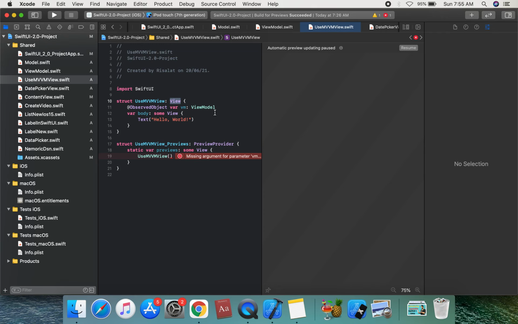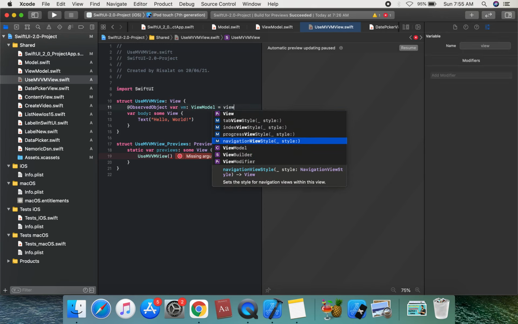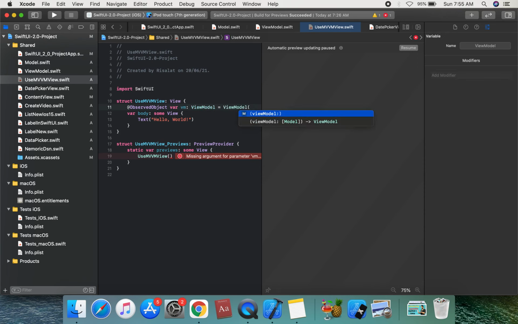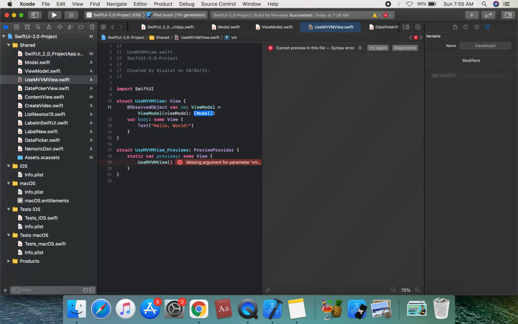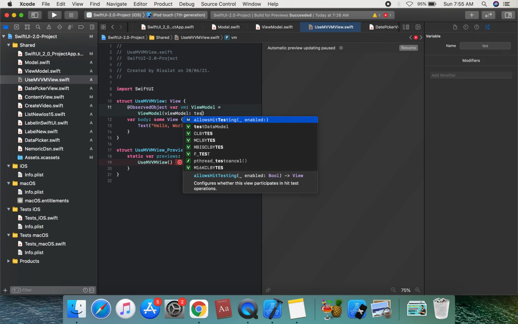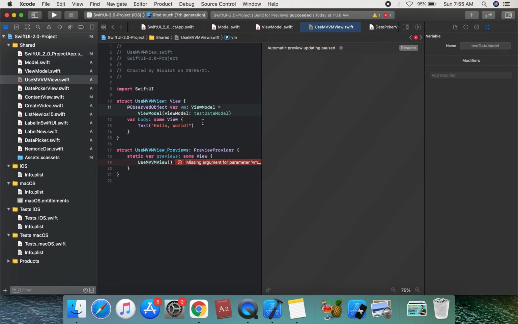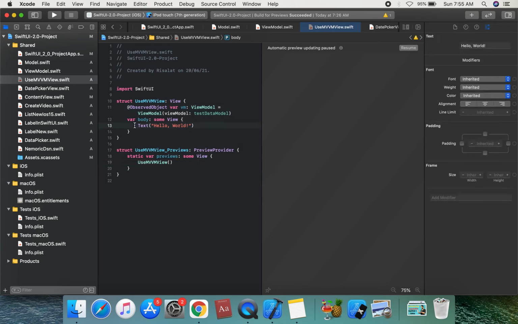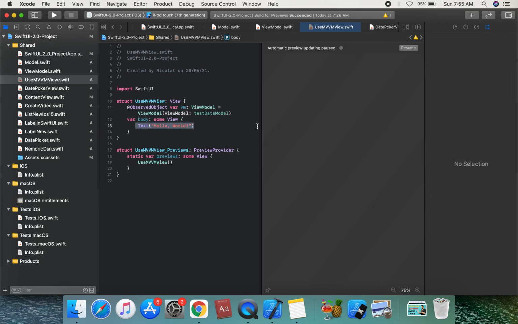So we can use the observed view model, equal to ViewModel, an array of models. We create this test data model and assign it as the initial value. We can use a List.